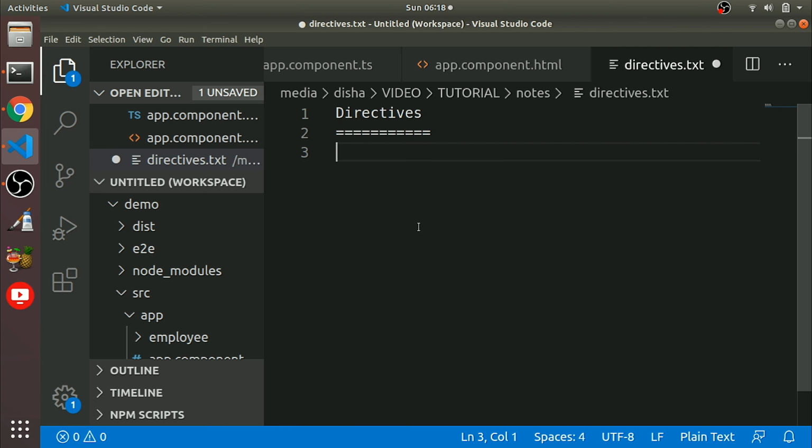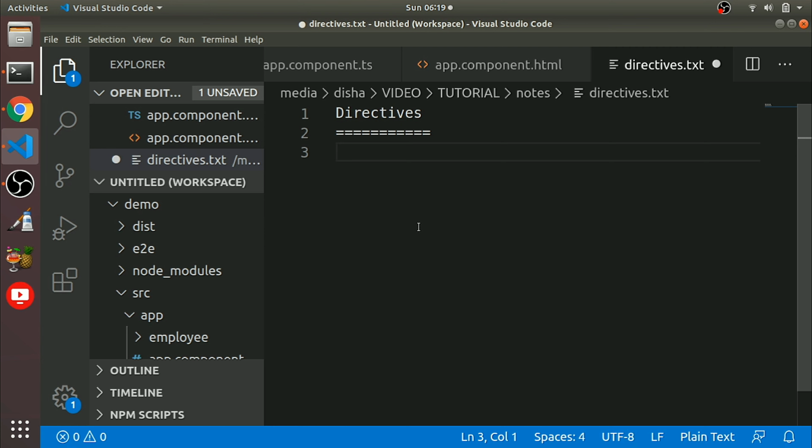Before this tutorial we had a discussion regarding Angular components. Directives are similar to components without a template. Components have a template, but directives don't have templates. They only have a class that is decorated with a decorator.